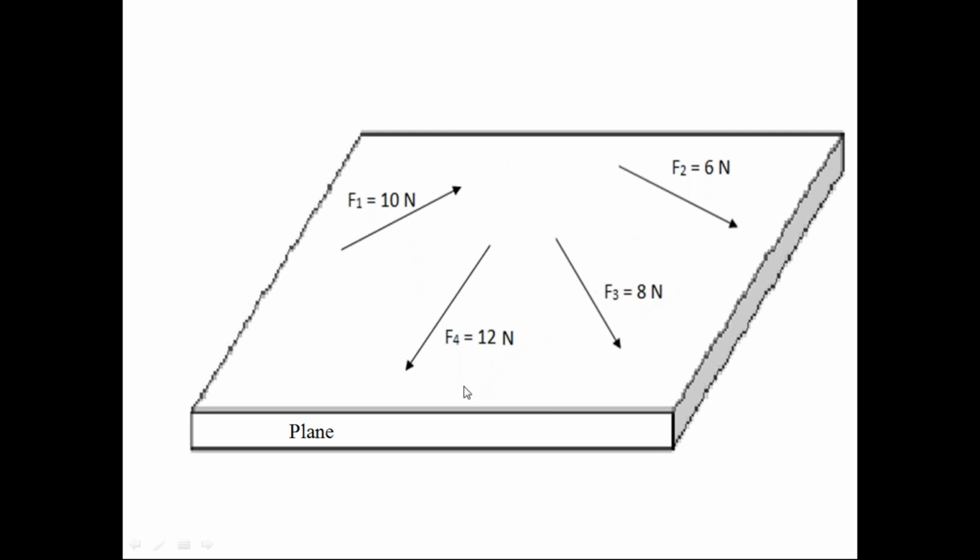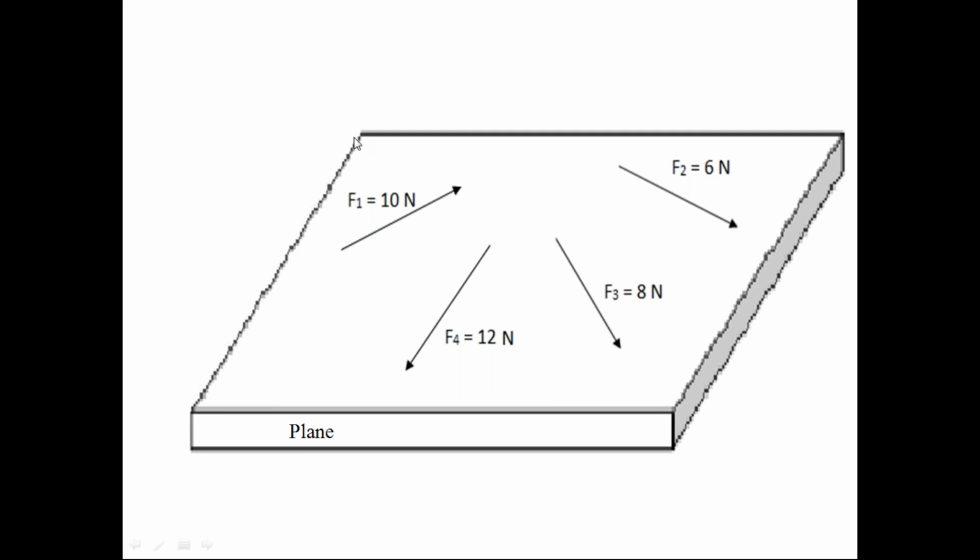We call this force system a coplanar force system. That is the meaning of the coplanar force system. So, if several forces lie on the same plane, that is, the lines of action or the directions of all those forces lie on the same plane, we call that force system a coplanar force system. So please follow this diagram.